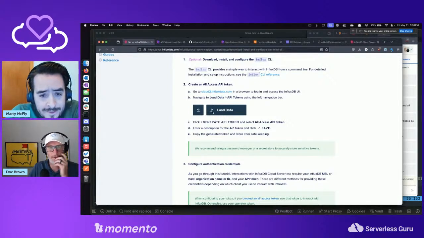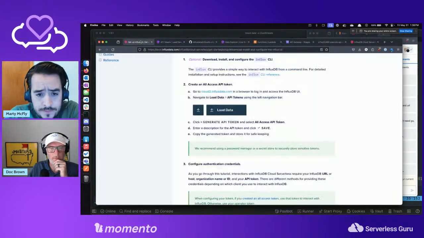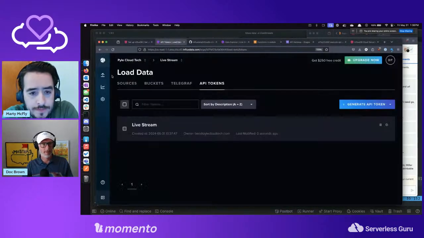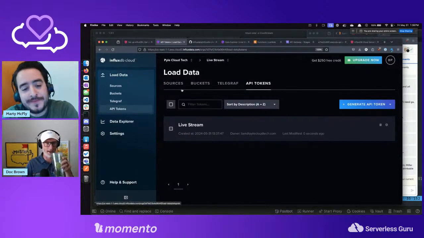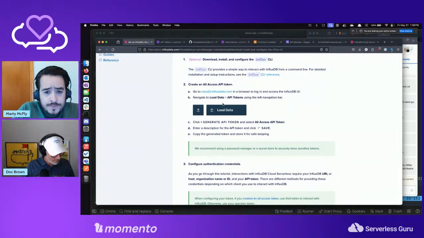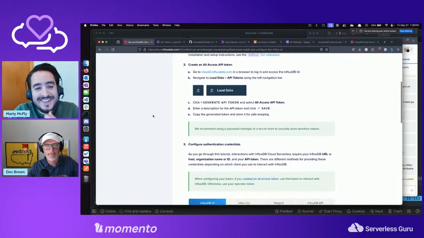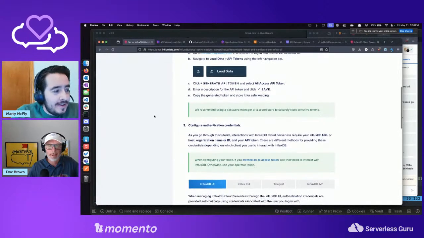We could load data. I'm assuming it's like a CSV or something. Load data API. Oh no. Okay, never mind. It's just the diagram. Okay. Yeah, I guess if I was... oh look, there it is. Okay, cool. Oh man, there I am. So much simpler. Yeah, I'm that guy. Have you read the directions? No, I didn't read the directions. Where we're going, as David said, we don't need roads.